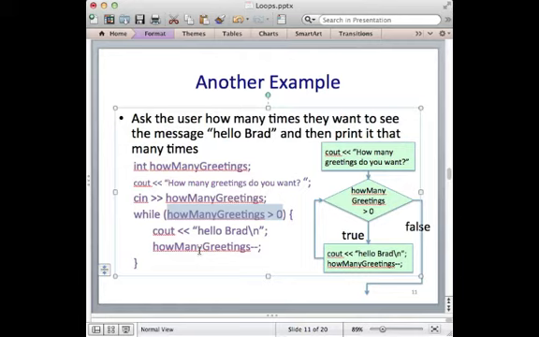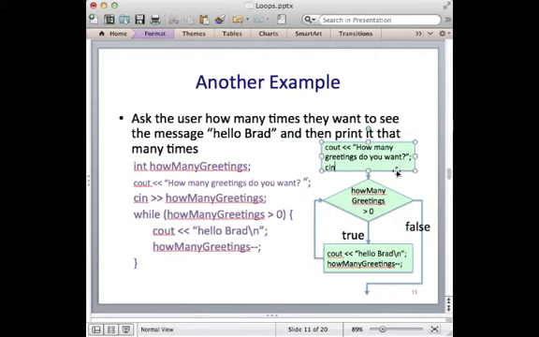So it would first be 5, then 4, then 3, 2, 1, and eventually it'd be 0, and the loop would terminate. And over here, I've got a pictorial representation as a flowchart of the loop. So we have the statements before that actually print out how many greetings do you want. And this was unfortunate because it had to be another one here, cin how many greetings. And this is called a priming read because it is setting up the value of how many greetings